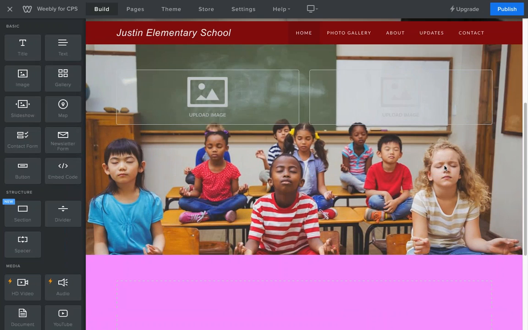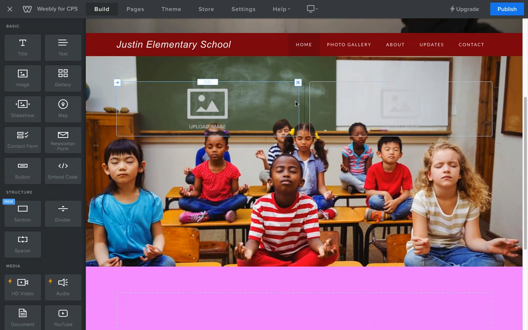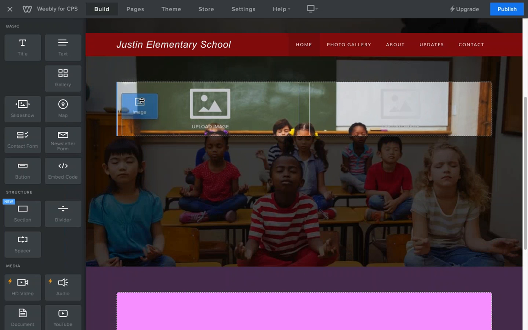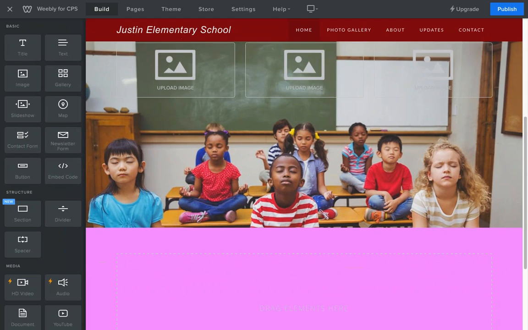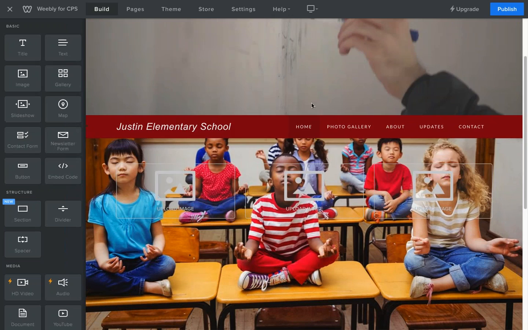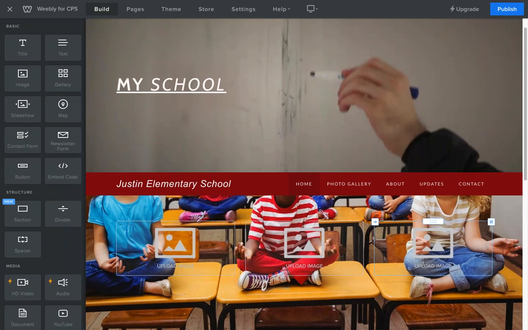Now, when I do this, we notice that these elements have each taken up half of the page. So Weebly will automatically create columns where the elements that you have in the same column will take up an equal amount of space. The same thing holds true if I were to add another image in here. Drag it next. So now we have 3 images in this area, even though it's kind of tough to see. And each column is 1/3 of the available